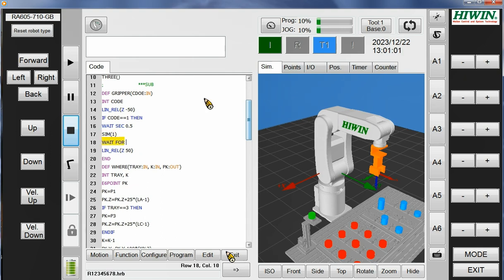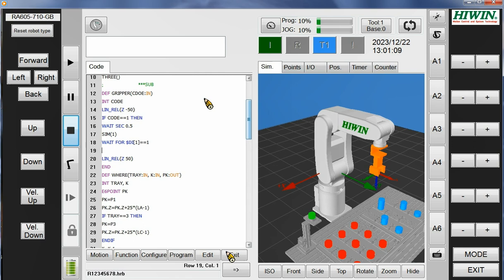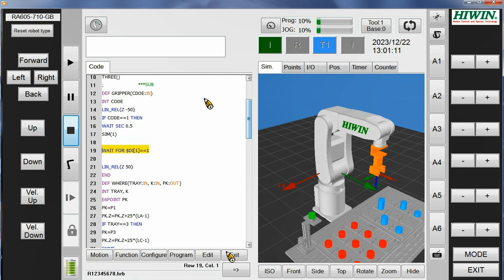And then here I typed a little bit quickly. I typed DI1 to be equal 1. However, I should type DO1 to be pulse for 1 second. Here I should type a pulse for 1 second,